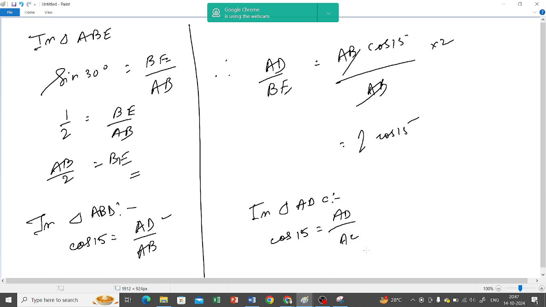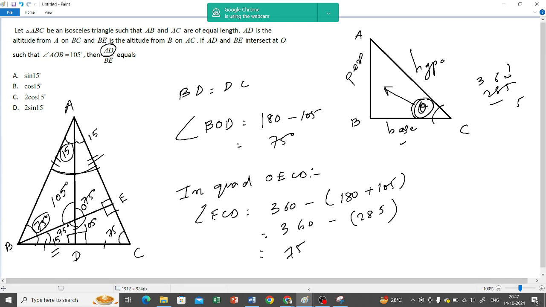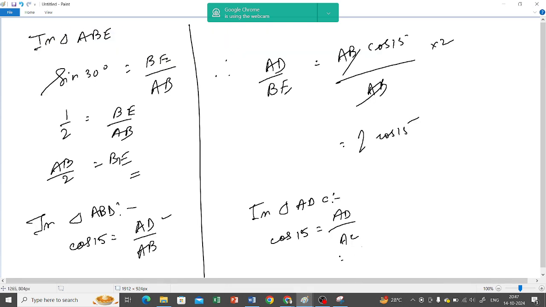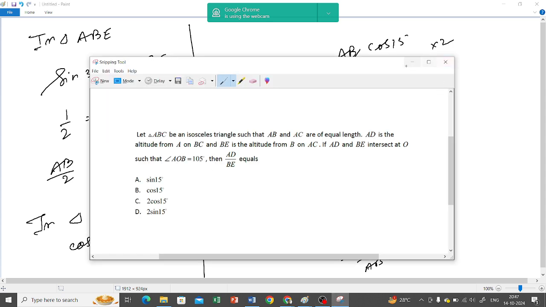AD by AC. Okay. That is nothing but AD by AB only. Right? একই হচ্ছে AD by AB হচ্ছে একই জিনিস করতে হবে।